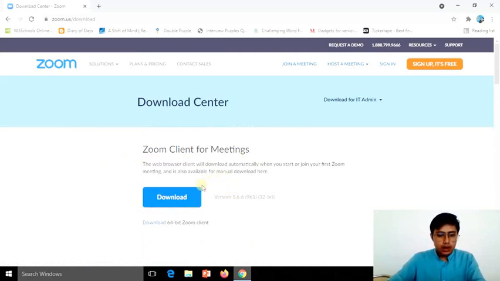Now here, have you noticed that there are two download options? One is download, which is very big, thick and bold. Next to it is written version 5.6.6, and here you can see one special thing, 32-bit. In this case, it says 64-bit Zoom client.